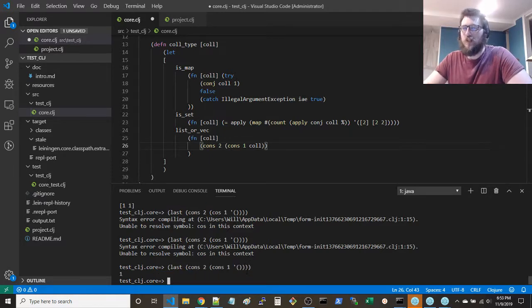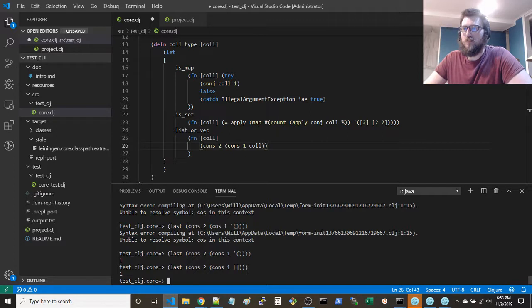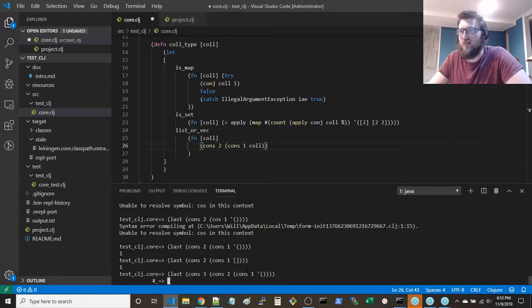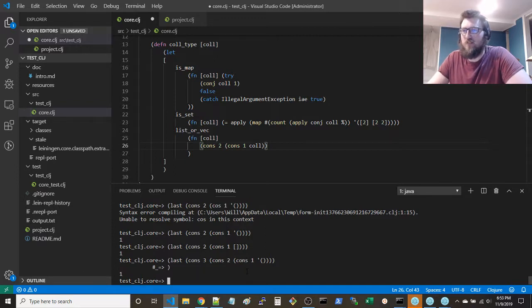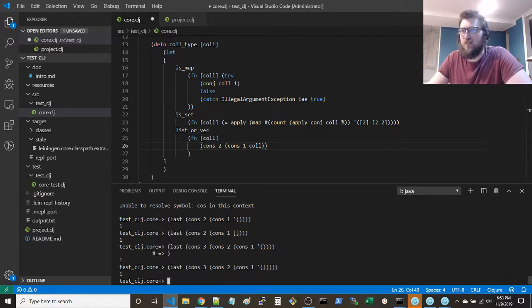Okay. Last will give you a 1. If we change this to a vector, last is still a 1. What? Excuse me? Okay, how about first? How about 1, 2, 3 of these? Still gives the last.